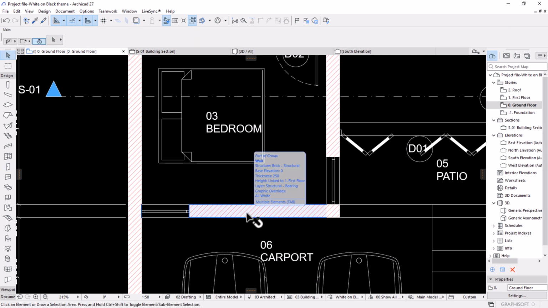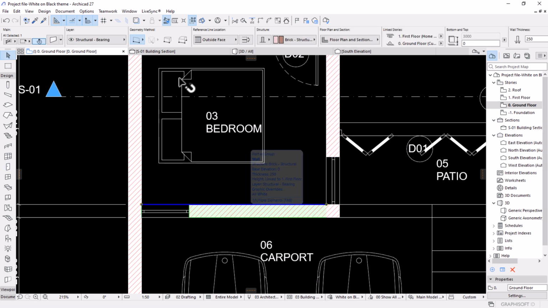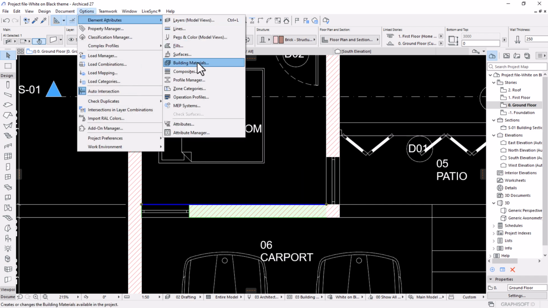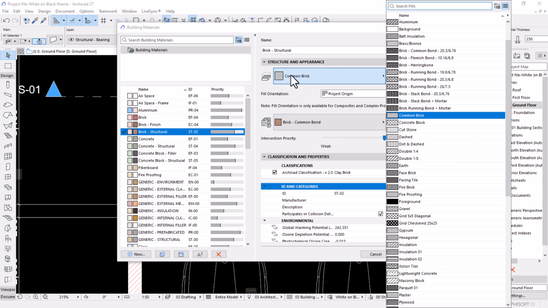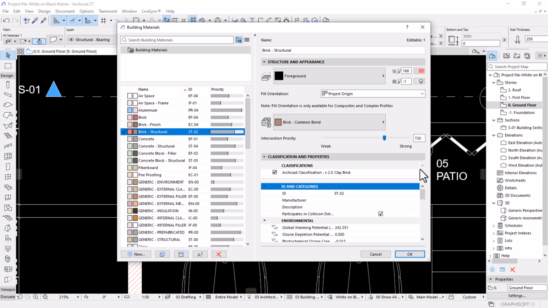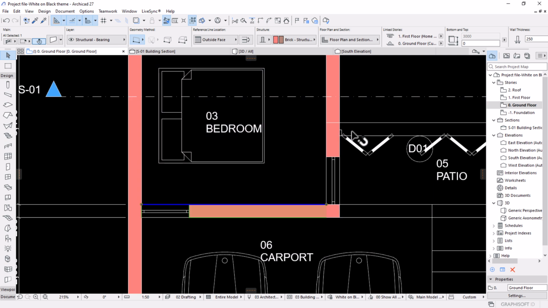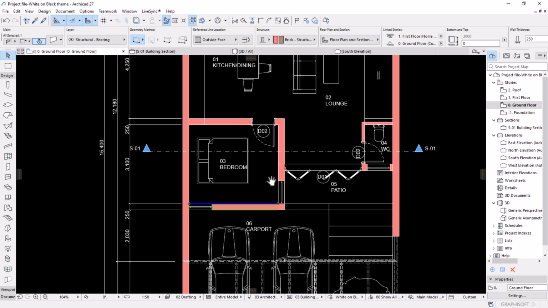For this, we're going to select one of the elements and then go to options, element attributes. You want to open the building materials for this, and then instead of using a hatch like this, we want to use a solid hatch, which is, we can go for foreground for example, and then hit OK. So that will change, and